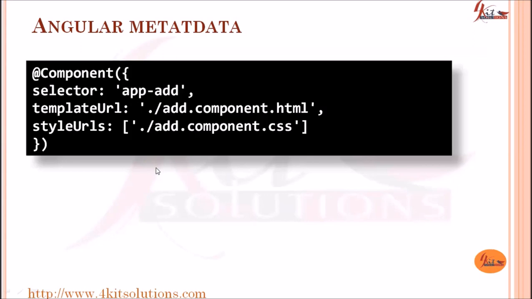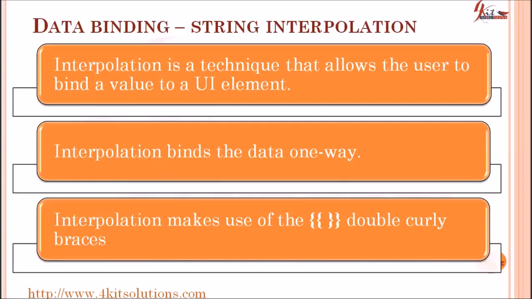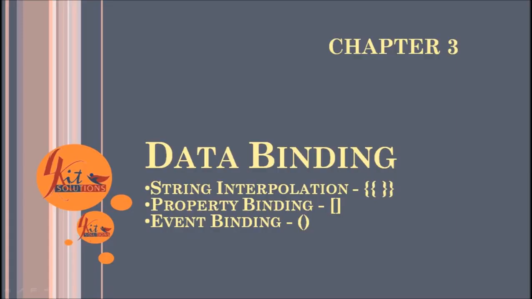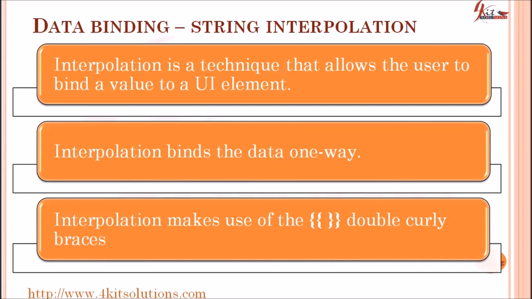Okay. Now I have told you that we can define properties inside that class. Now we have properties defined inside my class in my TypeScript. Now how do we display the value of that property in my view? For that we have data binding. So in data binding we have string interpolation. We have done string interpolation with backticks also, multi-line, plus we have this dollar and curly braces inside that.